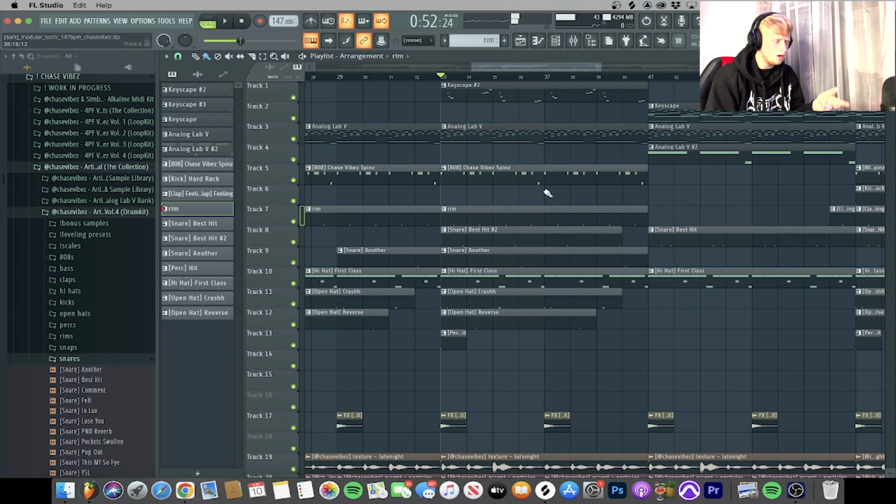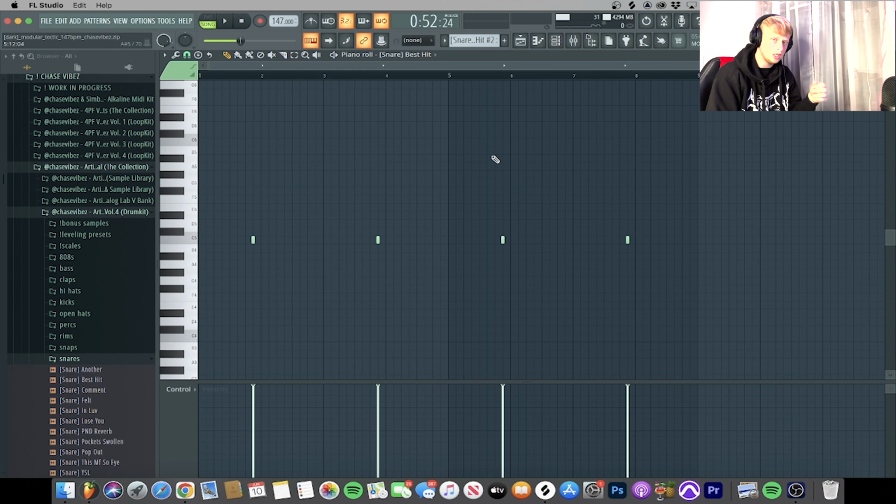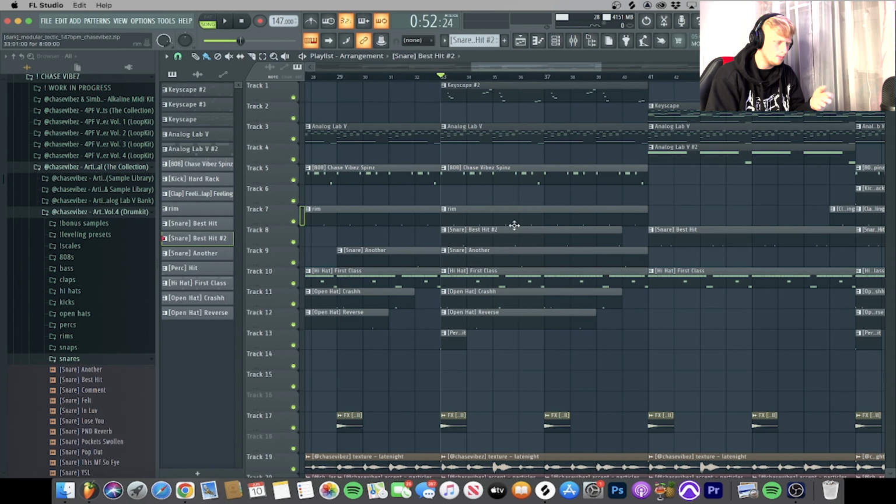and then I moved the snare over here as well, but I made a unique snare, and I took out the one where it hits on the 3 every time. I just wanted to have this as a bounce snare. I didn't want it to clash with the rim. So if you listen,